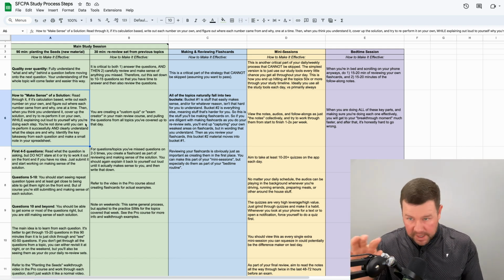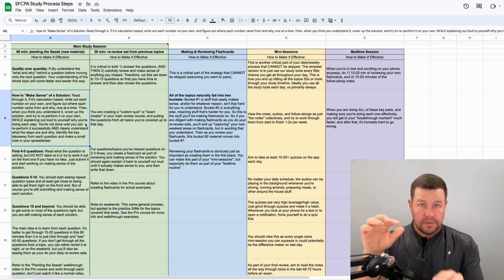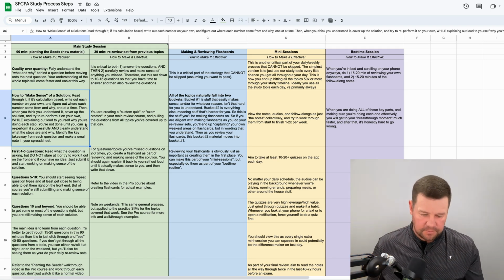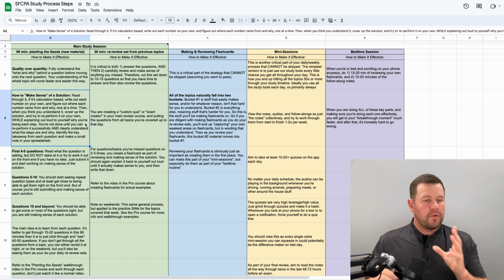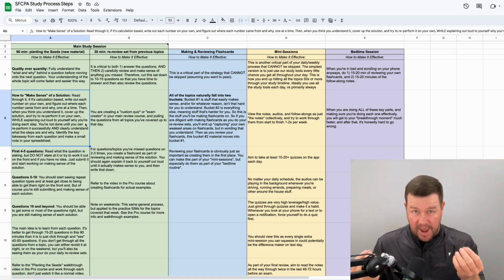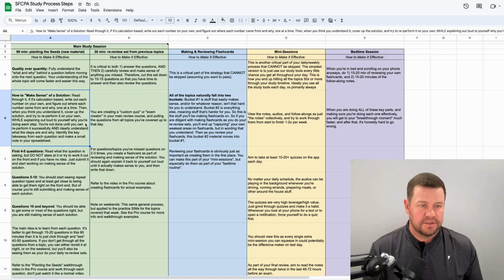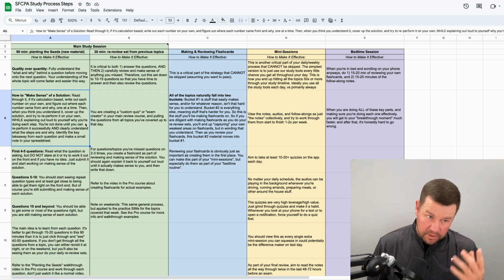It's almost like your hands should always be doing something. You're either writing out, setting up a problem, recalculating, making sense of something, writing out a flashcard, writing down a little note. It's just active. It's forcing the new information into your brain. And that's why it works so much better.